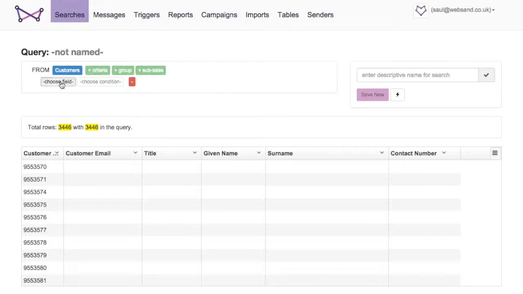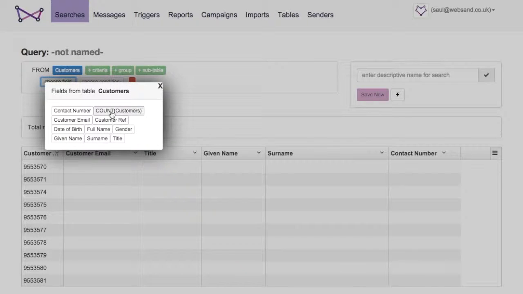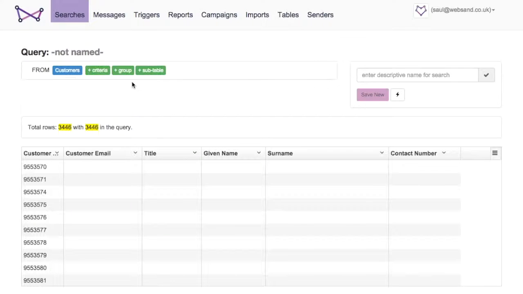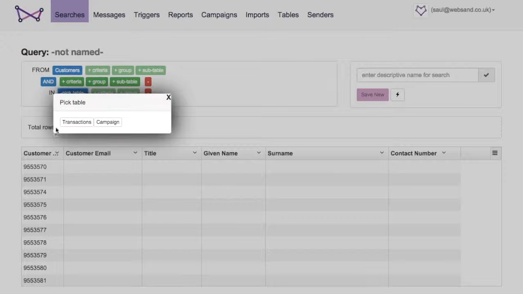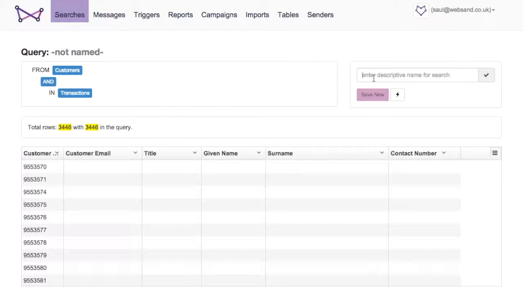And we could select some criteria here to pick from those. So we could segment based on their ID or their email address or their date of birth or their name or their location, whatever we want to be here. So we've got a fairly limited table here, so we're going to ignore that. And what we are going to do is we're going to create an AND function, and we're going to have a look in the transactions table. So the search that we're going to do is